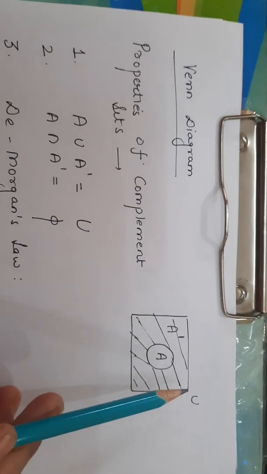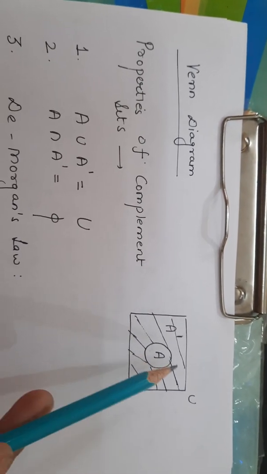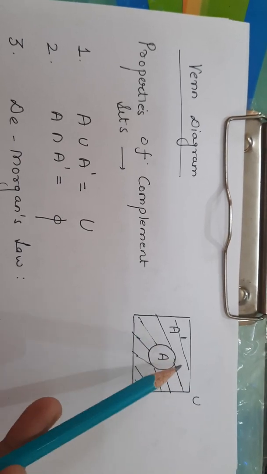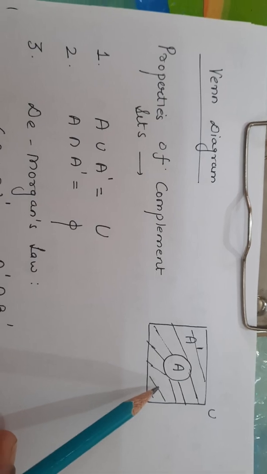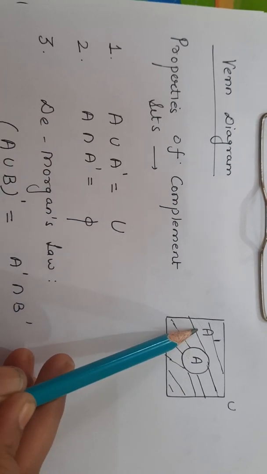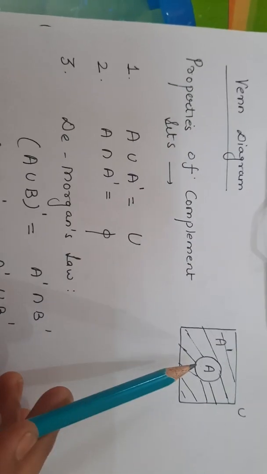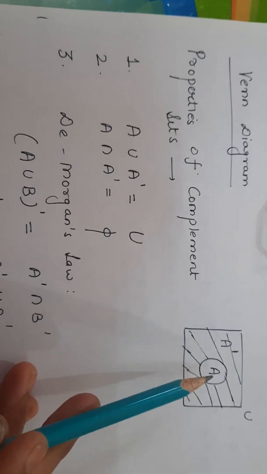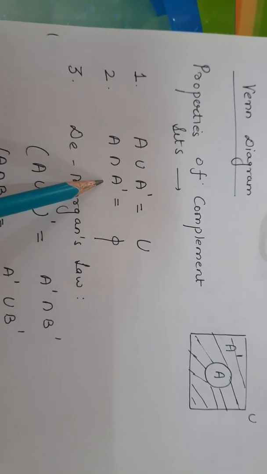Look here, the Venn diagram. Let U be the universal set and let this be A. Now the elements other than A will be in A complement. So this region, the shaded region, is denoting A complement. If you look at the properties, A union with its complement is always equal to the universal set U. Now if you find their intersection, the intersection will be empty. There is no element which is common in these two. So again these two are disjoint sets.